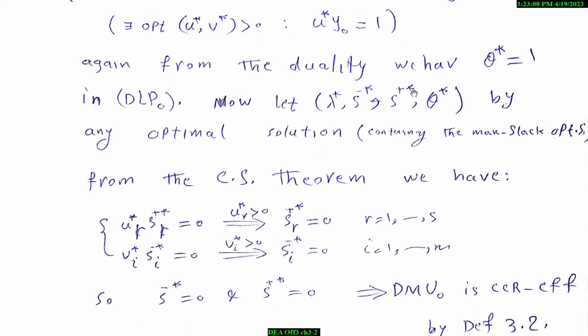Now for showing that the slacks for all optimal solutions, or the max slack optimal solution, should be 0, let this be, this is not V, this is B, any optimal solution containing the max slack optimal solution. So we consider an arbitrary optimal solution now, or the max slack optimal solution, there's no difference. Now we should prove for the second condition that the slacks are 0. But from the complementary slackness theorem, we have,